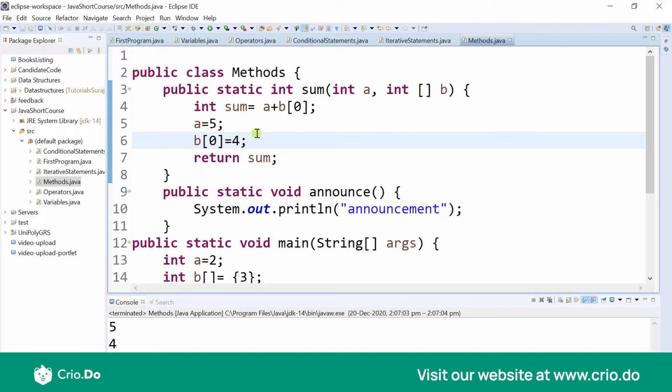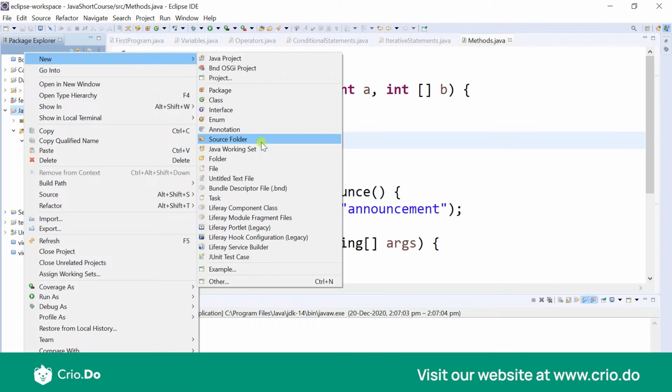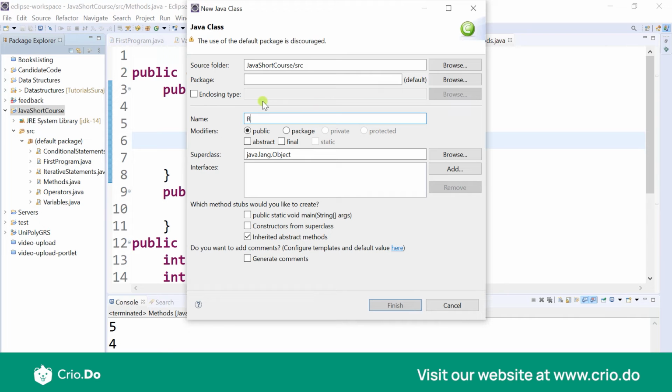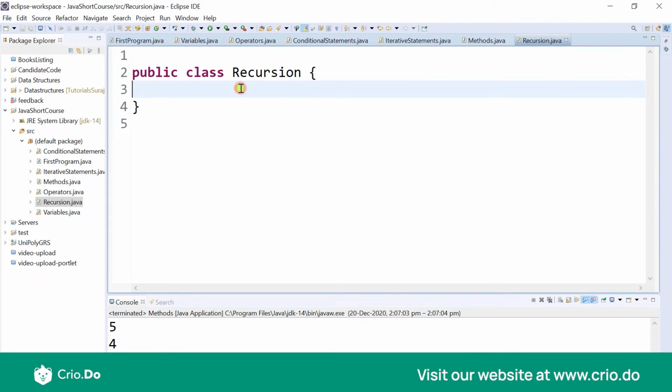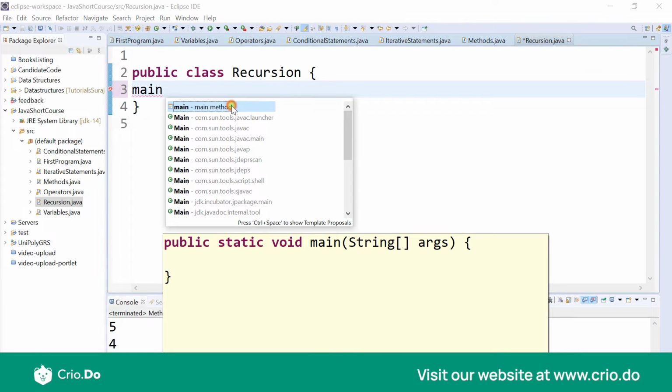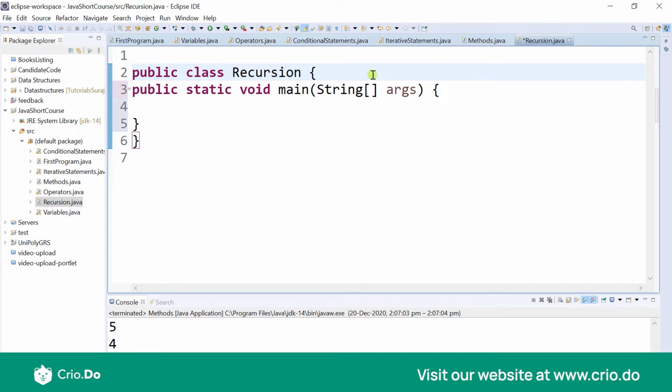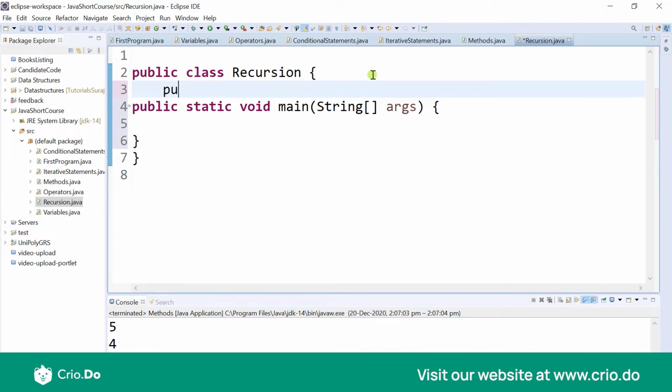Do you know that methods can also call themselves within their bodies? That is known as recursion. Let me create a new class called recursion and show that to you. Again, we have main. Now I'm creating a new public static method